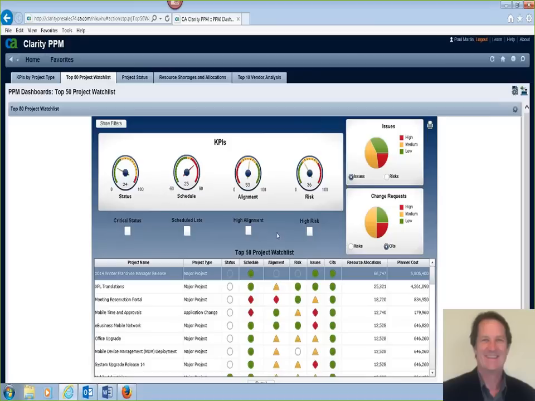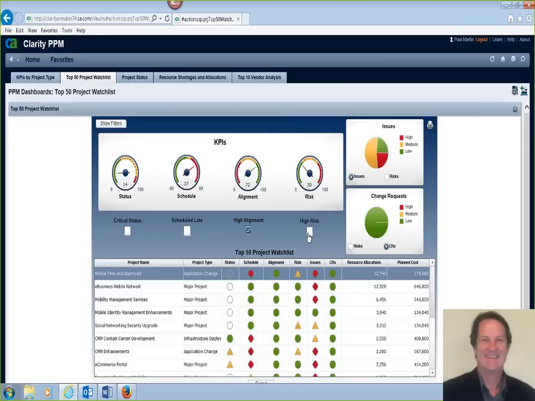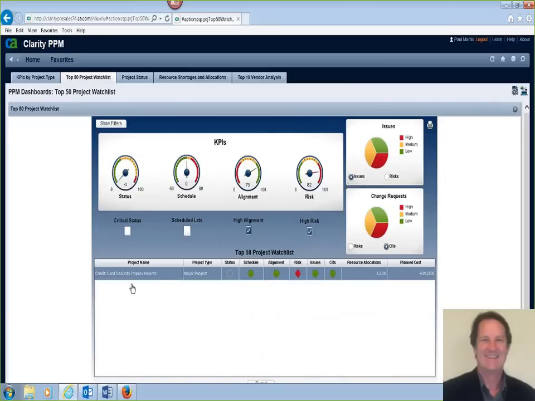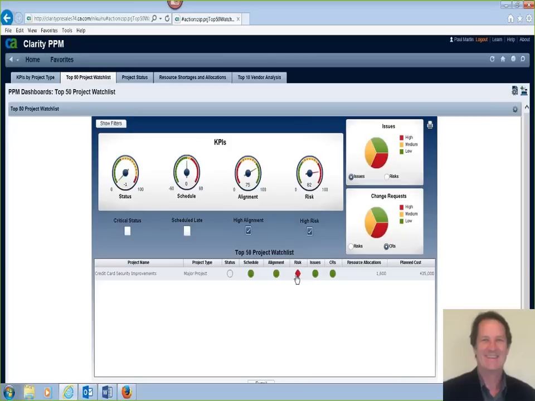And you're able to easily filter these. So, for example, if you wanted to say, what are the projects which have a high alignment to my company goals, and are any of those at high risk? You can filter that down, and you find there's one project that has high alignment, so very important, and also has a high risk. So you're able to keep track of that and easily check on the most important projects. And again, if you want to see more, you would just click on this project and drill into it for more information.